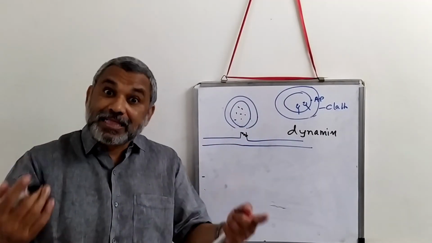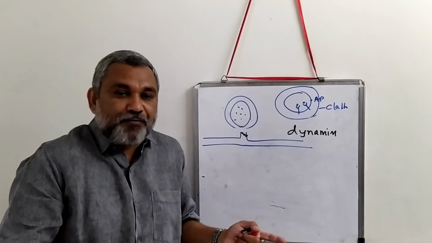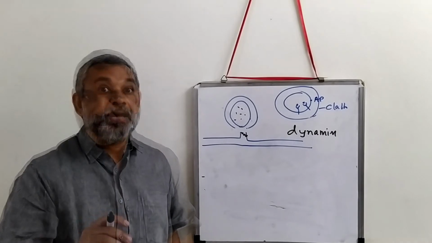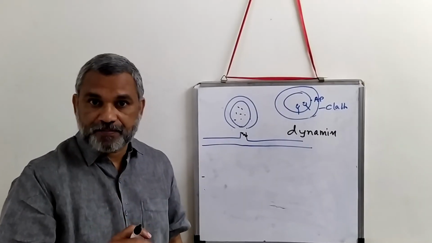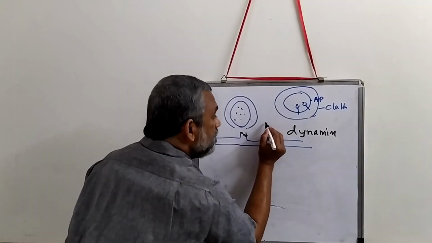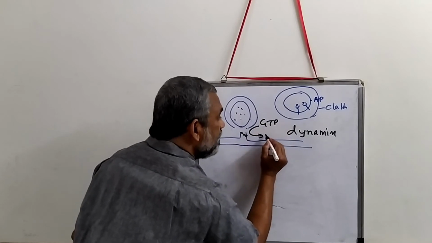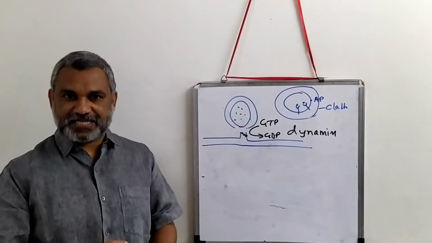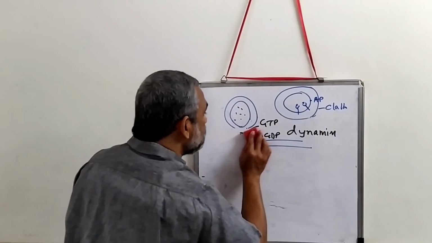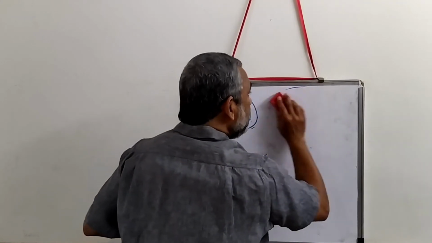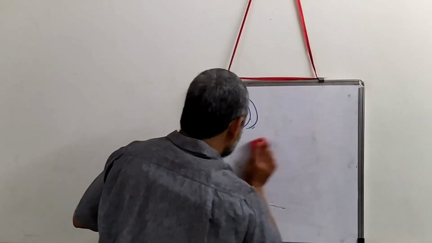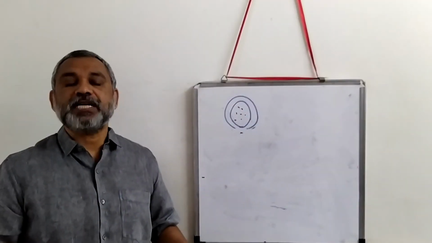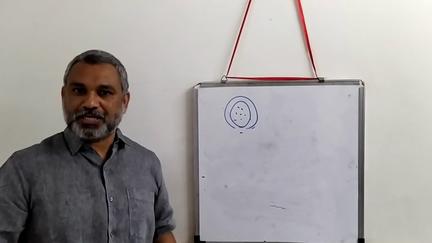So that is how the clathrin coated vesicle pinches off from where it has been formed with the help of the dynamin structure. Dynamin requires energy. That energy is provided by hydrolysis of GTP to GDP. That energy is used for pinching off the vesicle. Now, once this vesicle is pinched off, we are talking about endocytosis. Once it is pinched off, the coat has to be removed. How to remove the coat now?